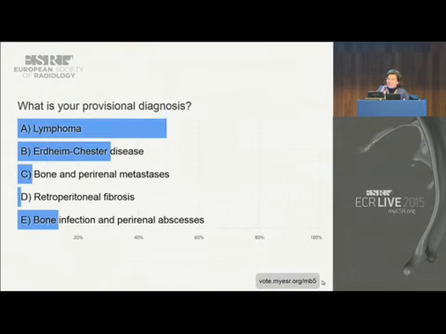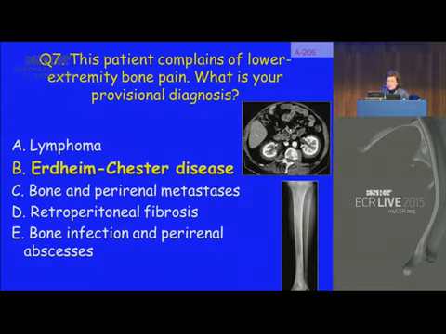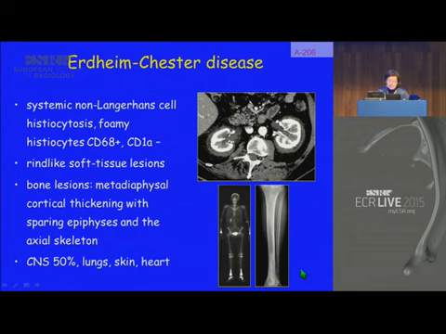So it wasn't such an easy question. I mean, the renal lesions could have been interpreted as perirenal lymphoma, although perirenal lymphoma usually is more irregular and heterogeneous, but the association with bone sclerotic lesions and thickening of the cortex is really evocative of Erdheim-Chester disease, which is a systemic non-Langerhans cell histiocytosis, which is included in the